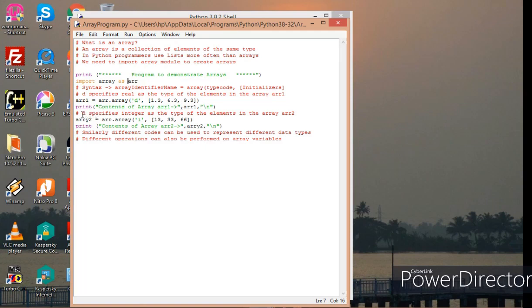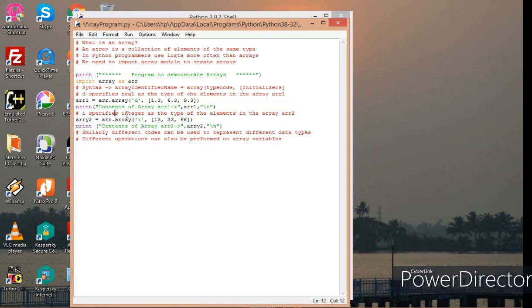In the next example, you can just look at this. We have one more example here. We have created one more array variable ARR2. In the first case it was ARR1. Here in this case ARR2 is equal to ARR dot array open parenthesis, then I. What does I specify?